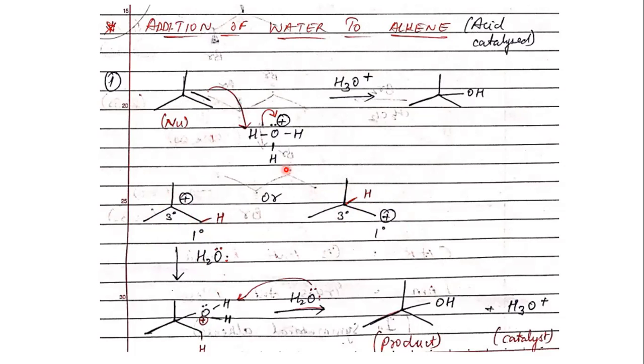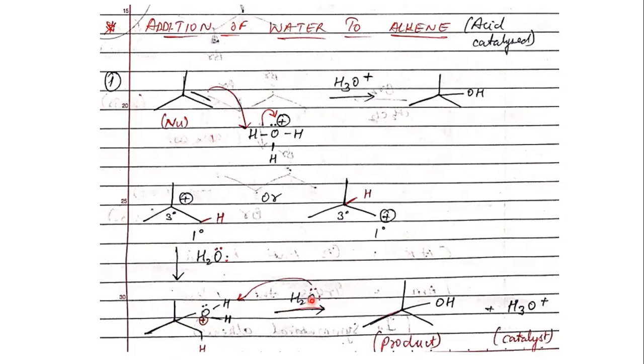Obviously now the water that was left, one H+ was attacked. So what is left of the molecule here is H2O. That H2O has oxygen with two lone pairs. That oxygen is now going to attack this positive carbon to form this kind of complex. Again, in this complex, oxygen has three valencies attached, so it has a positive charge, it's unstable.